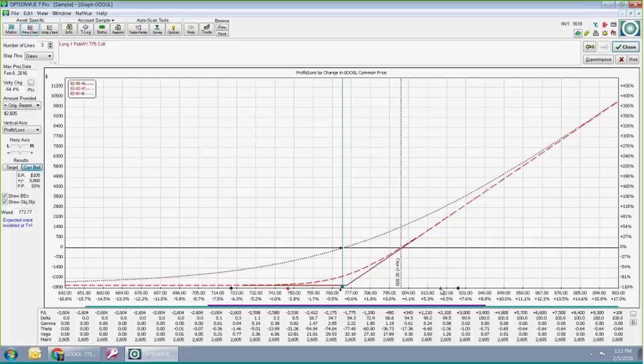And then it's saying if it went up, here's the average amount it went up. You can see those triangles are well within that range that they're pricing the straddle at. And I can see here in the matrix, it will show you right down here in the bottom left corner, the expected event is modeled at T+1. So you can see that's why it's such a wide gap here.